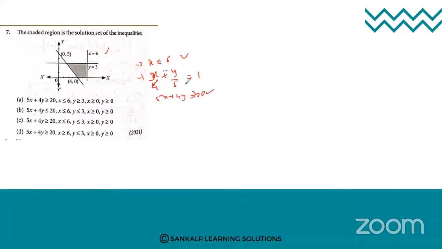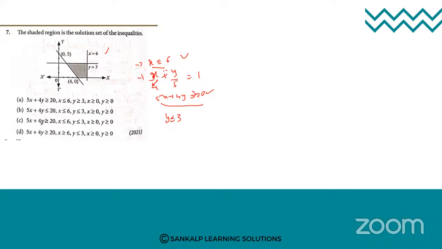Okay, so it will have the greater than sign, away from the origin. Next, you can see now we have got two equations. For y, the solution is y less than or equal to 3. You can see all these conditions: x less than or equal to 6, 5x plus 4y greater than or equal to 20, and y less than or equal to 3,